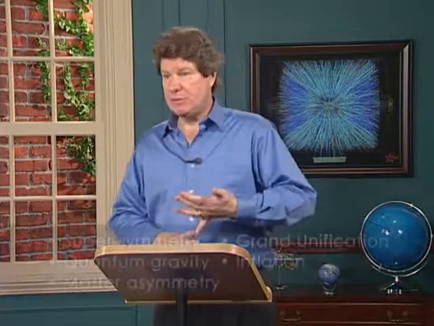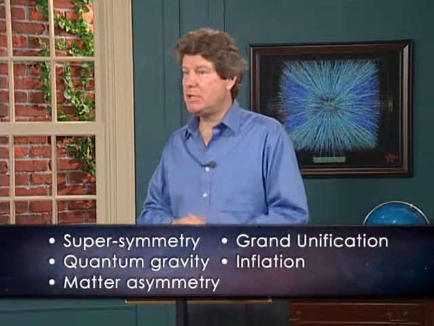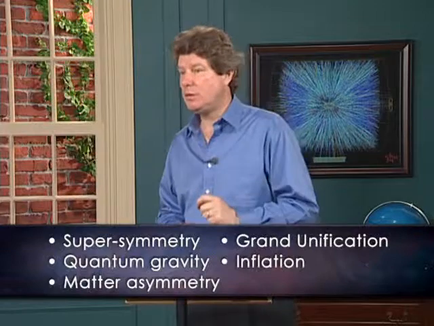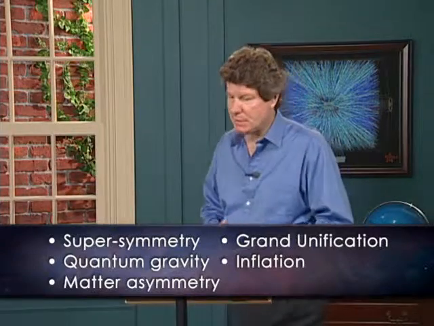Now, if we look to the standard model for these mechanisms, you won't find any. The physics responsible for generating the matter asymmetry is beyond the standard model and is currently basically unknown. Of course, there are several theories which tend to focus on one of the 2 major transitions, the GUT transition and the electroweak transition. But, along with supersymmetry, grand unification, quantum gravity, and inflation, matter asymmetry is just one more feature of the early universe that must await future breakthroughs before we can say that we really understand it.